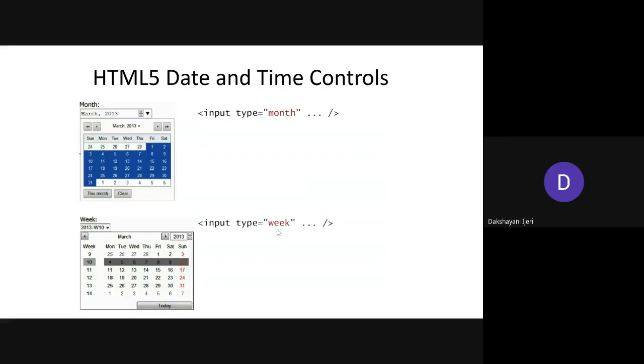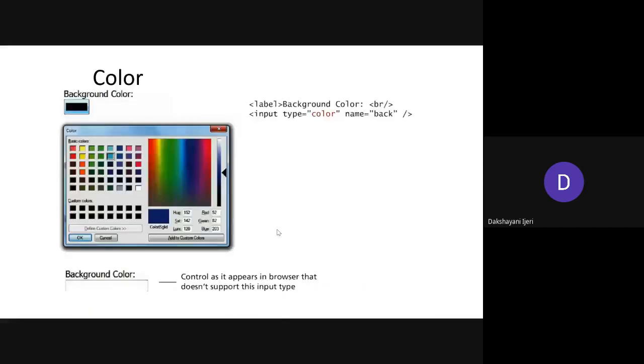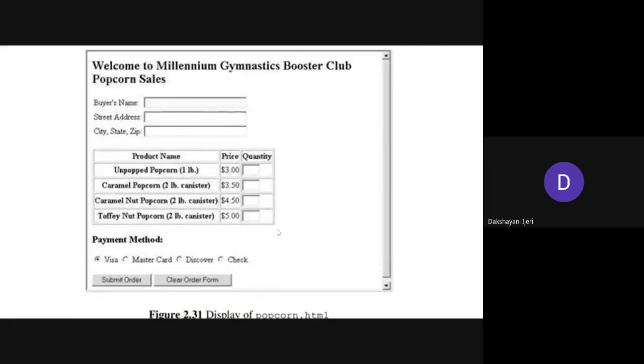Okay. See, by this you can see how many different options you can create by using only the input element in your HTML form. So for that you should be able to remember what values you need to take for the type attribute in order to create the required input over there. So let's see with an example now.